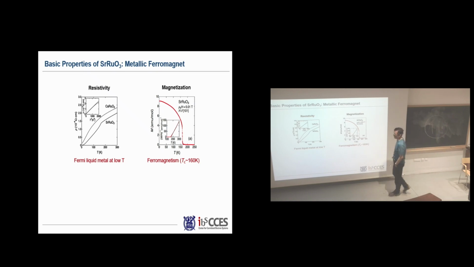And it has a metallic behavior, particularly on the 160. Here is where the ferromagnetic transition occurs. It has a T-square behavior, and they believe that it has a Fermi liquid-like behavior. And so it is metallic all the way up. And actually, it is metallic even at higher temperature, breaking the Ioffe-Regel limit. And so that's the reason they originally called this a bad metallicity.